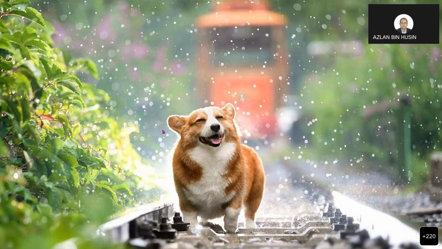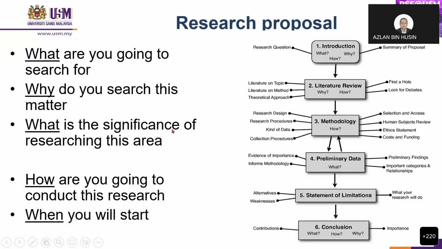Okay, coming back. So the next one is research proposal. Oh, we have only 8 minutes. I think in general, many of you have encountered this diagram, this sequence, all right? The steps required when you do a research proposal. So basically, it's about